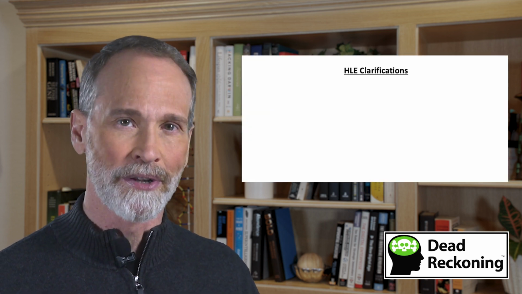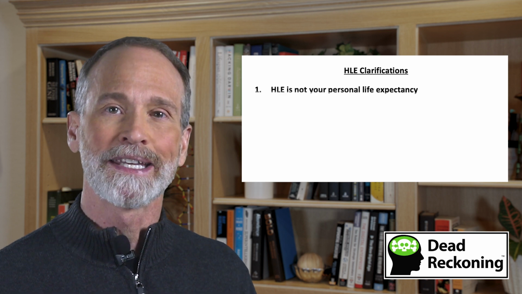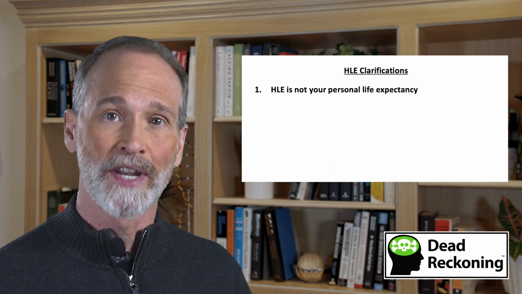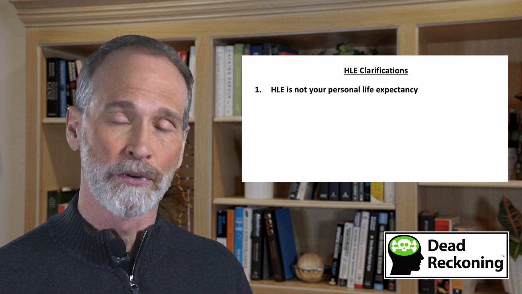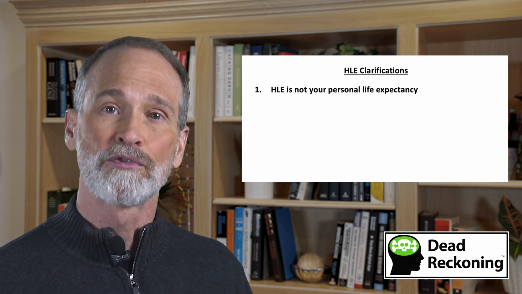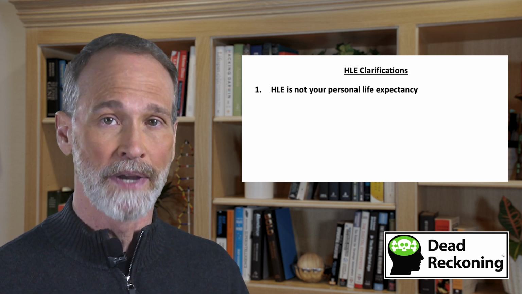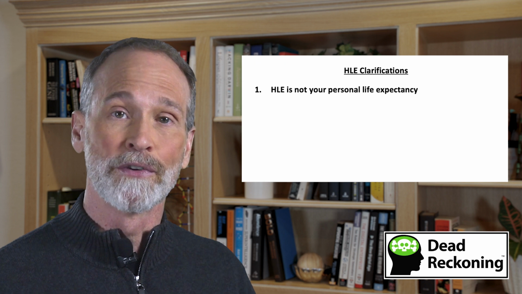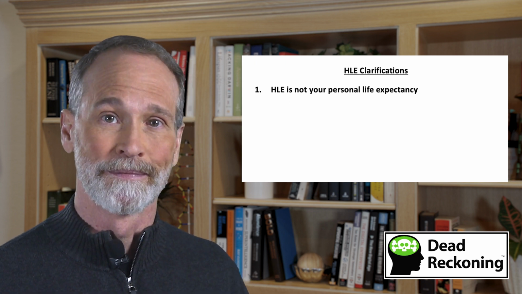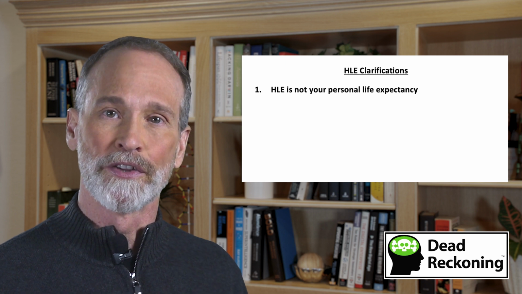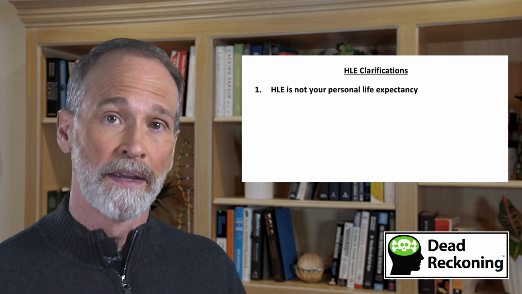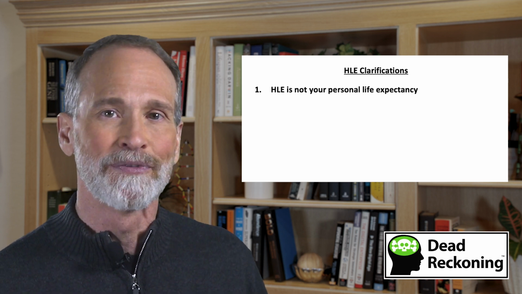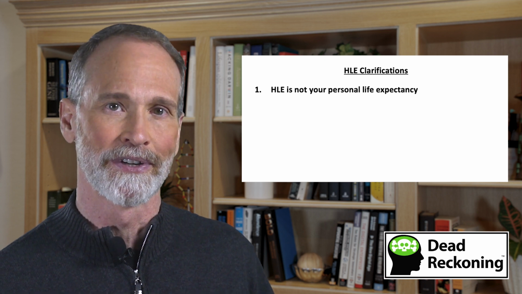Also, there's 4 things we have to clarify about HLE. First, HLE is not your personal life expectancy. Your individual life expectancy is determined by your genetics, your behaviors, and many other factors that we'll discuss in future videos. Your individual life expectancy also gets longer as you age. Every year that you manage not to die means that you out-survived those who did not, and therefore can expect to live longer. So for example, an average 50-year-old in the US can expect to live to an age of 81, and the average 75-year-old can expect to live to 87. So if you're 72, you generally needn't fear dying by the global HLE of 73.